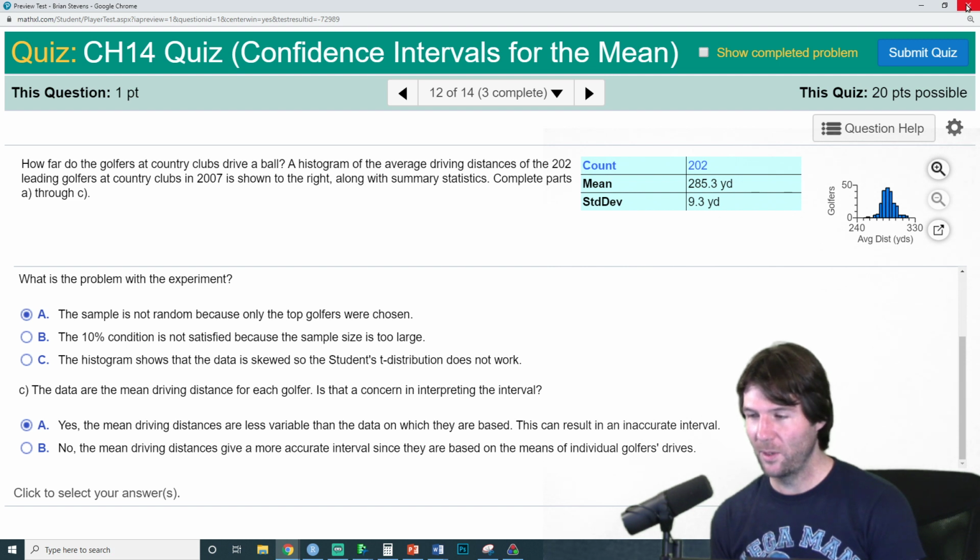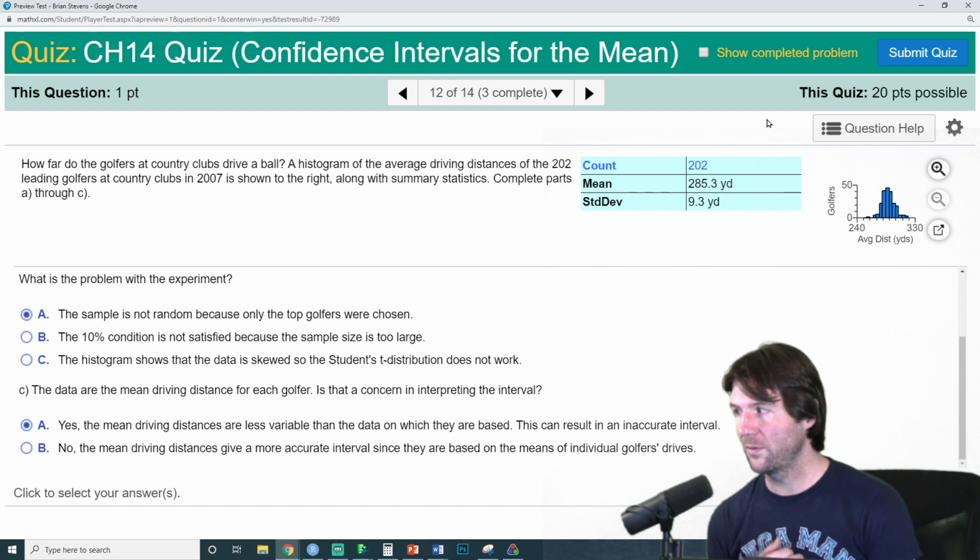So waiter waitress problem. Does this make sense on the multiple choice, Rachel? Is that we should do confidence intervals for the mean from individual points, but this confidence interval for the mean,